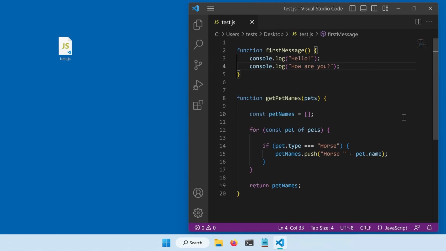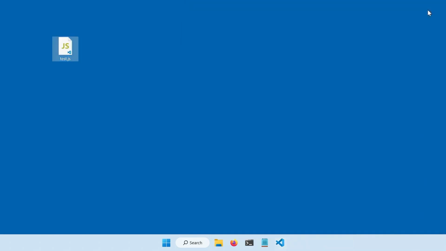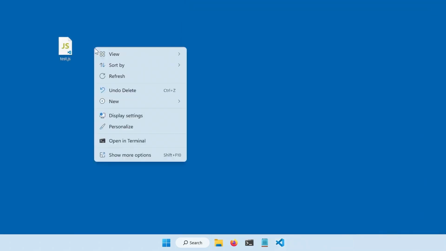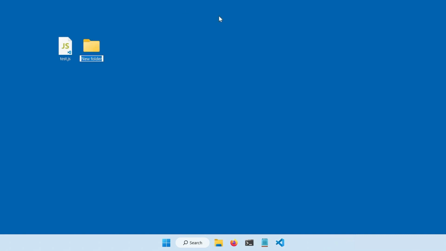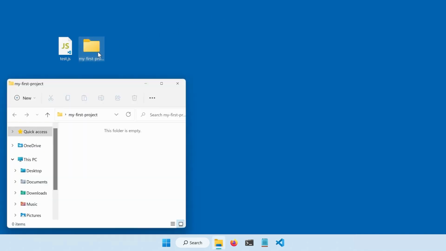But there is one functionality that is very useful and we will use all the time, which is that you can create new files. So let's say that I'm starting a new programming project and I'm going to have all the files for this project in a folder. So I create this folder and I call it my first project. If I open this folder with the File Explorer, I can see that it's empty. It has no files yet.